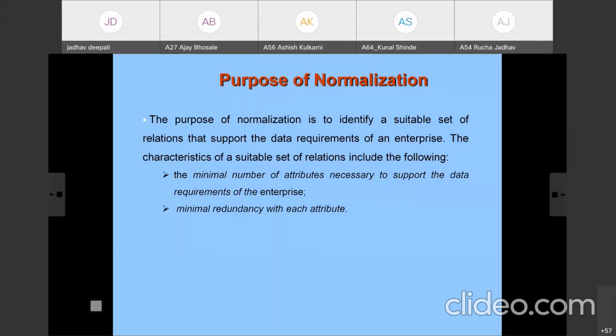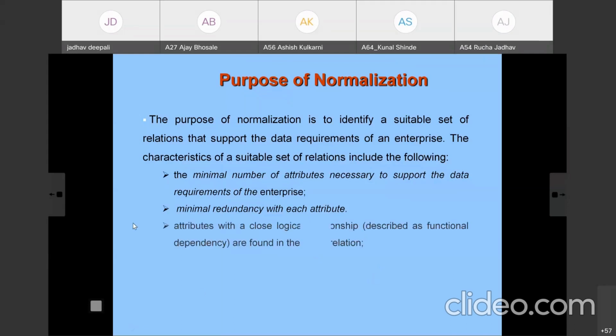So use minimal redundancy with each attribute. Avoid the redundancy. If we use the address of the particular student 10 times in a table, then it is not useful, it is meaningless. If we store the name of the student 10 times, it is also meaningless. If we together store the data of course and the student, and the student has taken 10 courses, we need to store that student's information 10 times. It increases the redundancy or duplication. So minimal redundancy with each attribute.